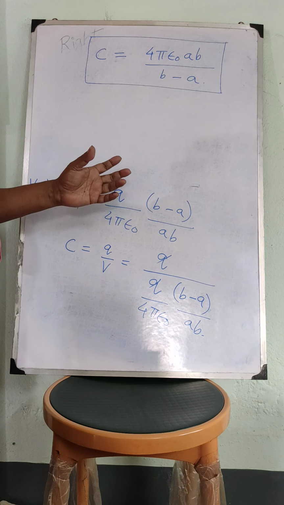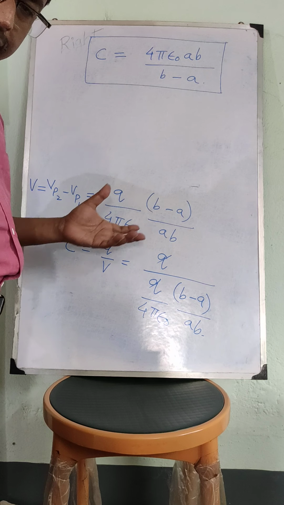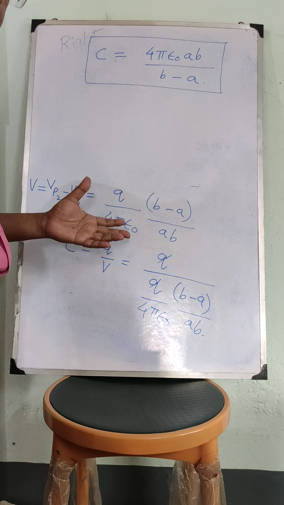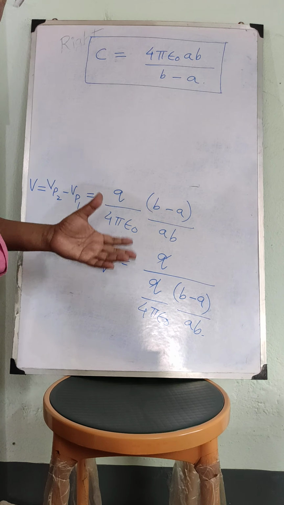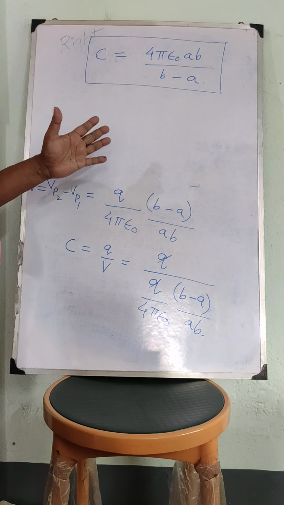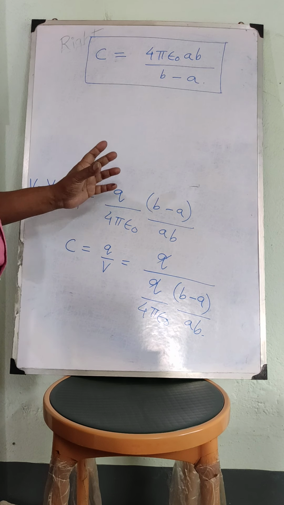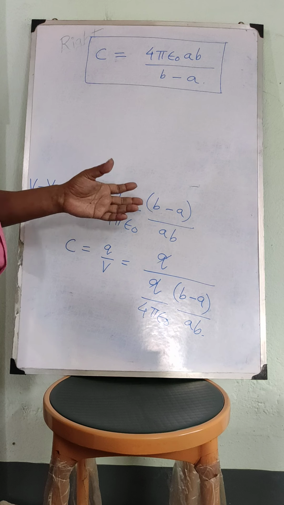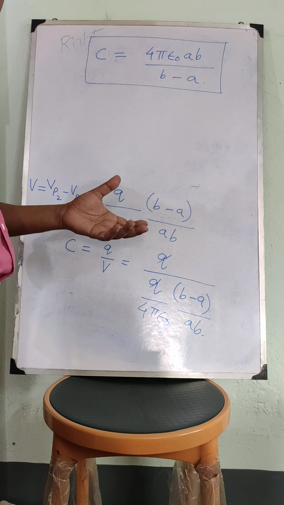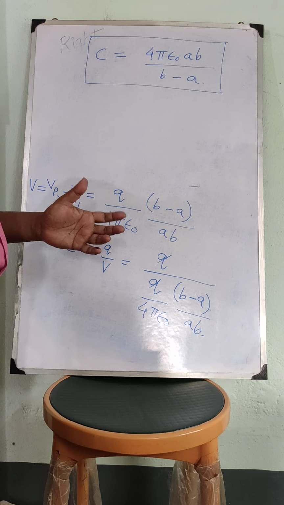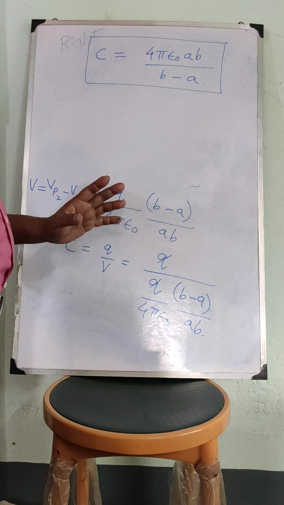So we have discussed today the concept of capacitance. Then we have calculated the capacitance of a parallel plate capacitor, a cylindrical capacitor and a spherical capacitor. And in all those cases we have seen that the capacitance depends purely on the geometrical factors of the conductors. So today is up to this.